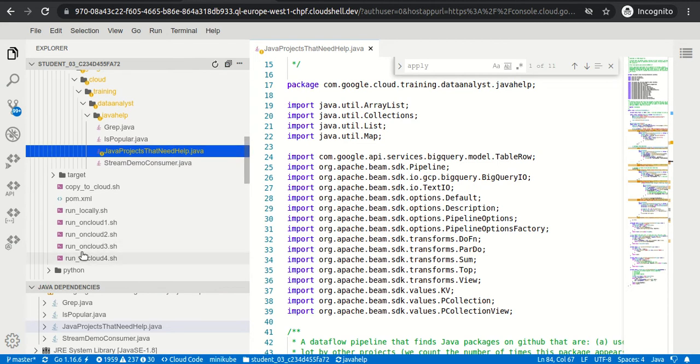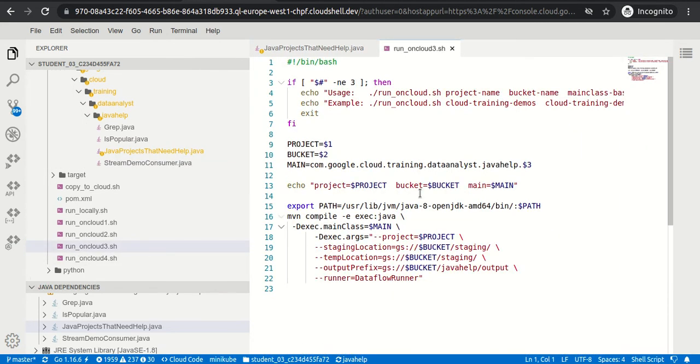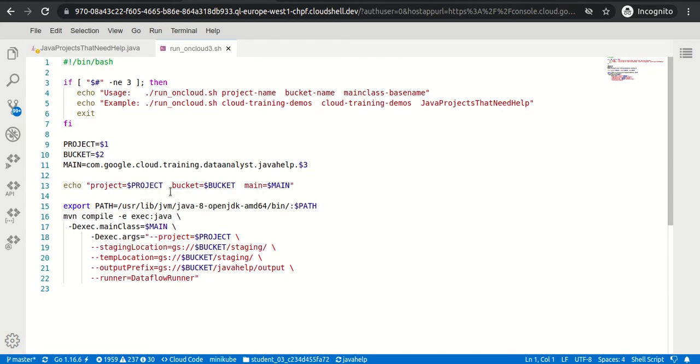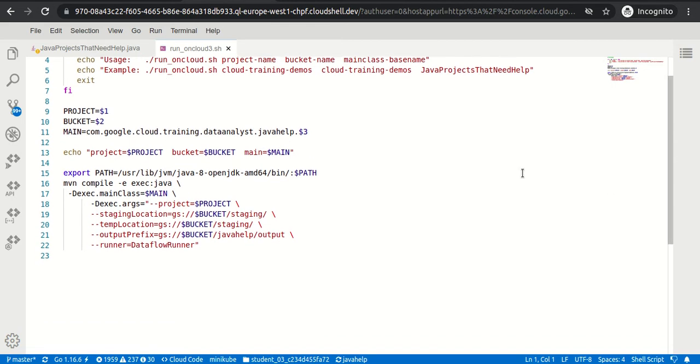It is basically a script. We are running the particular pipeline because we have to trigger the Dataflow job, and as part of the Dataflow job we have to run the Java code. So they are compiling the Java code using the maven compile and exec:java, right?